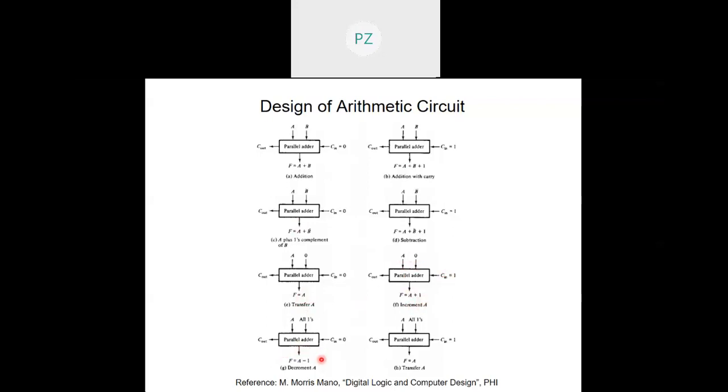Now this is interesting. This is a, but they are all ones. 1, 1, 1, 1, 1, as many bits as there are in the parallel adder. If I'm talking about a 4-bit parallel adder, so this will be a plus 1, 1, 1, 1, right? And Cn is still 0. So for a moment, believe me that this is a minus 1. I'll just prove in the next slide why this is a minus 1.